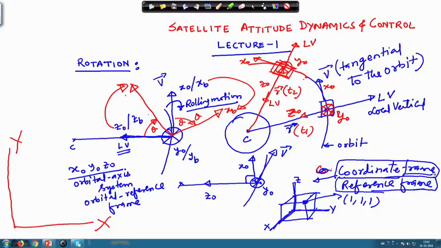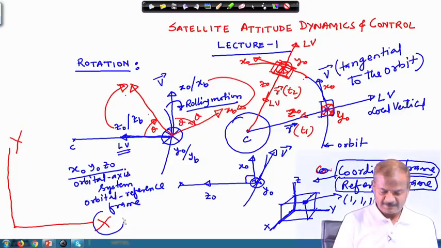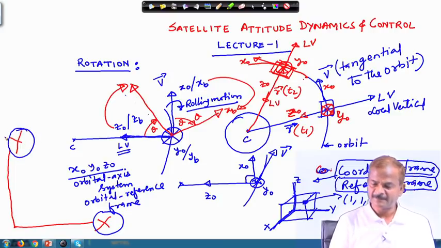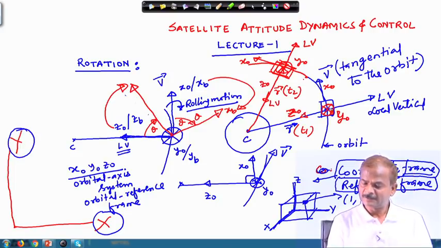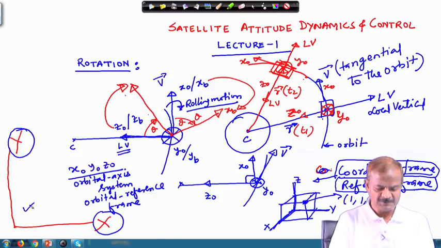So, for orientation of the particle, here in this case orientation of the satellite, it changes from this place to this place, both in the x y inertial frame and also in the orbital reference frame, which is x 0, y 0 and along this direction z 0. Similarly, here x 0, y 0, z 0, and the orbital system, that itself is changing its orientation with respect to this inertial reference frame.